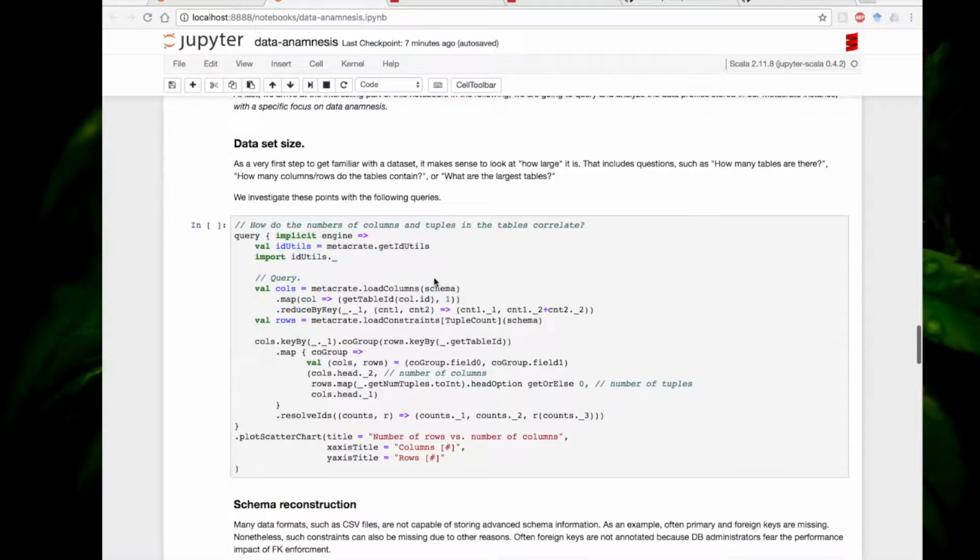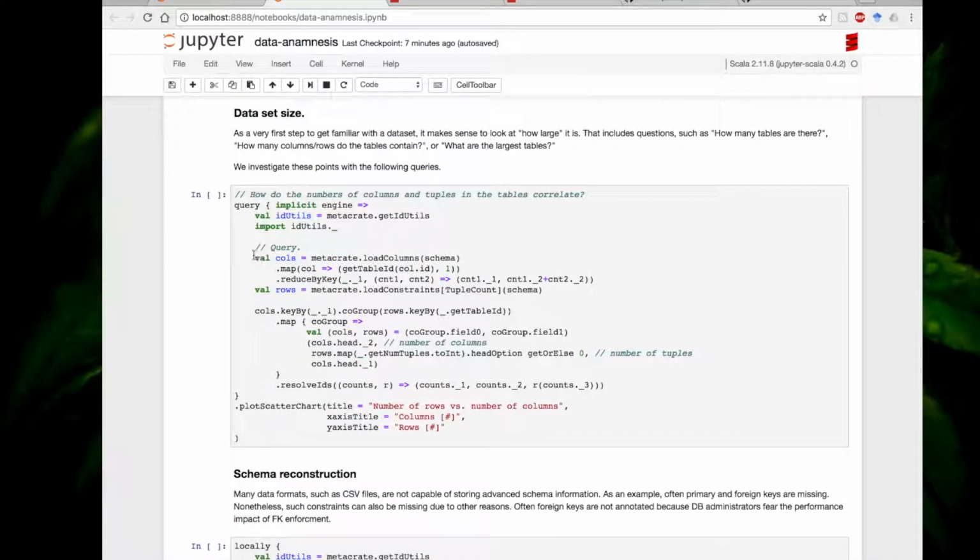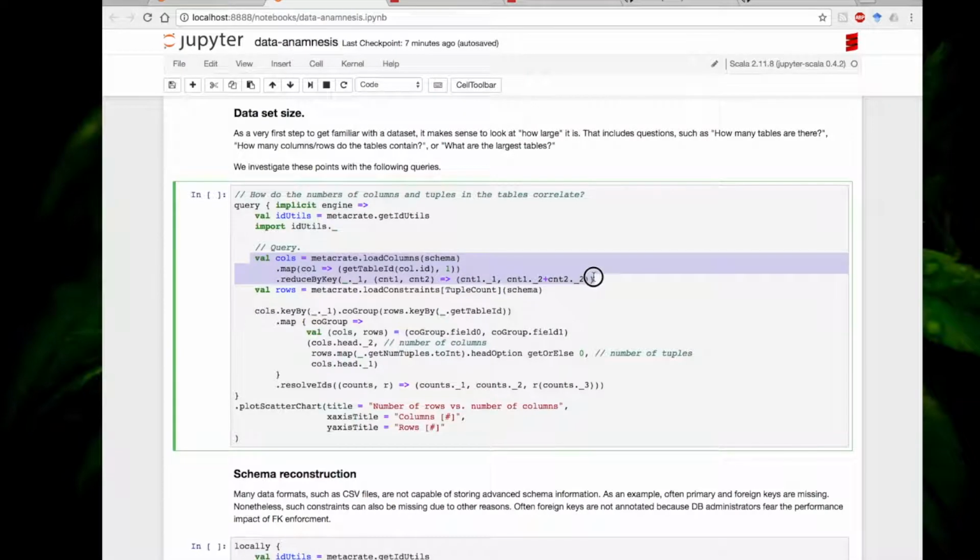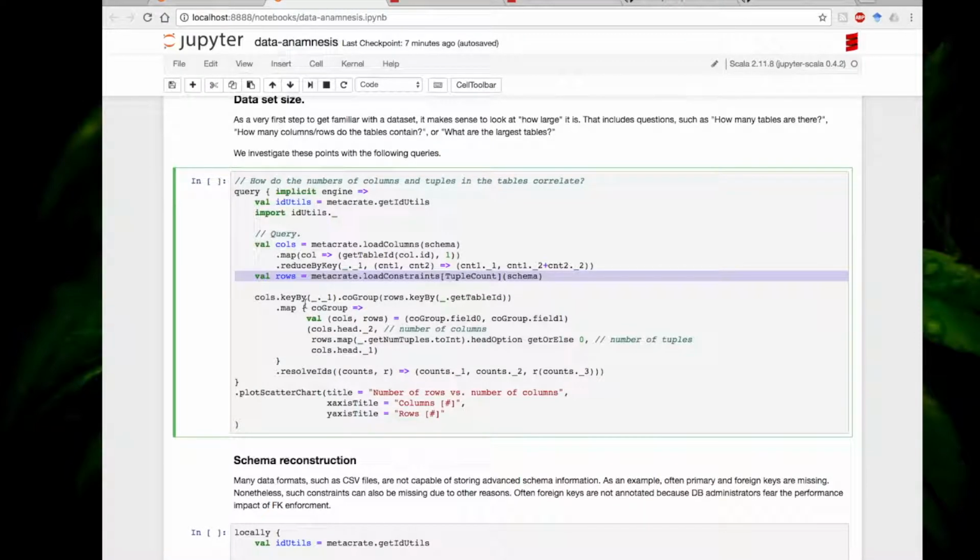And this is easily achieved by a query which just loads the number of columns for each table, then gets a constraint collection that contains the number of tuples for each table, and then we join those two and finally plug them into a scatter chart. If we execute this query,